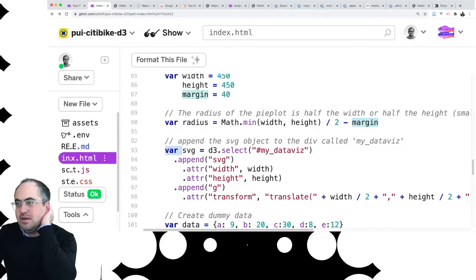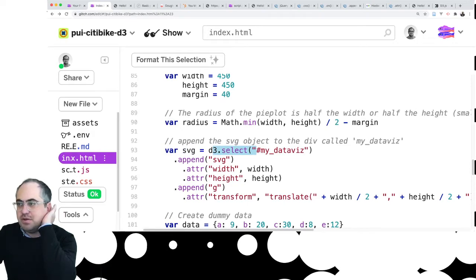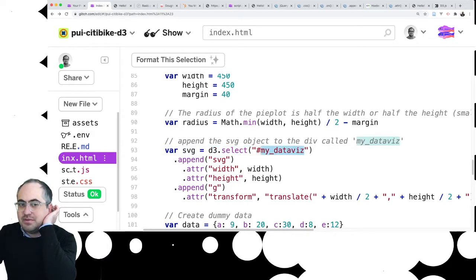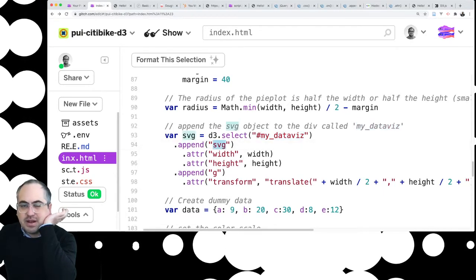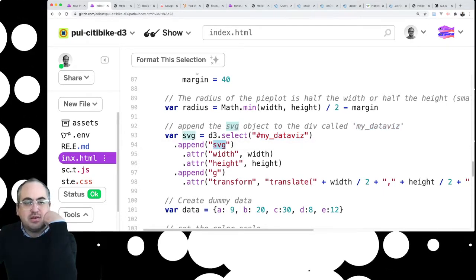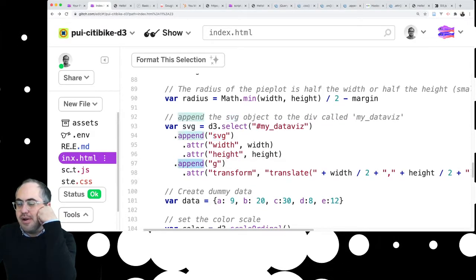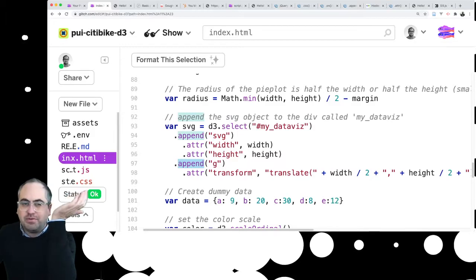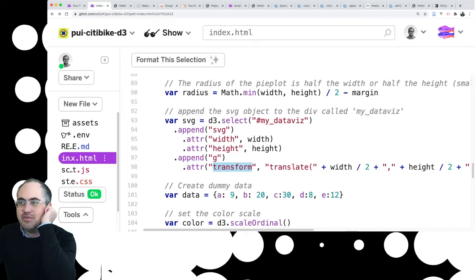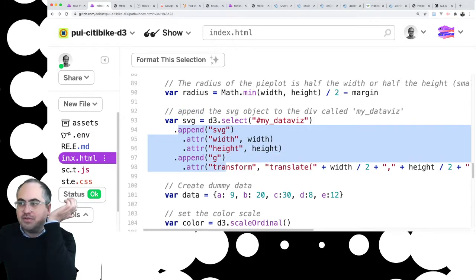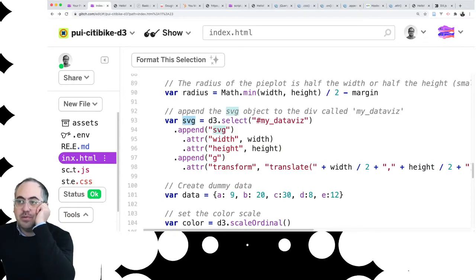So it's saying the SVG is equal to the D3 select. We have no idea what that does, but it's selecting, and we know that that is our div that we created. And it looks like it's appending an SVG, so we kind of know what append means from the jQuery days we were looking at earlier. It's appending a G, and if we know some SVG stuff, this is all SVG elements, and then it's adding a transform. So it's basically creating an SVG element for us,